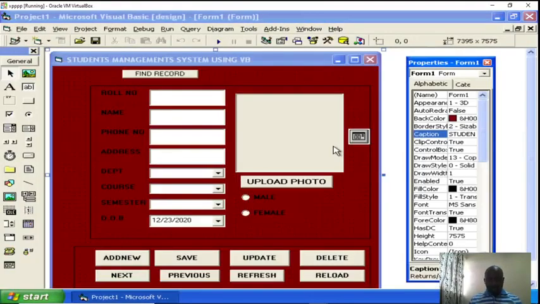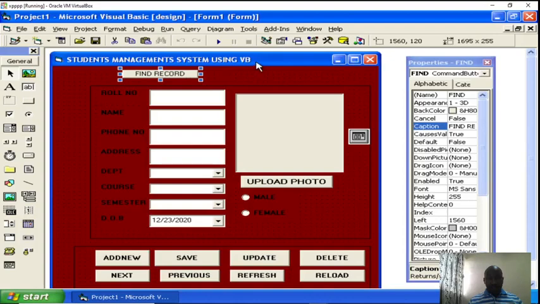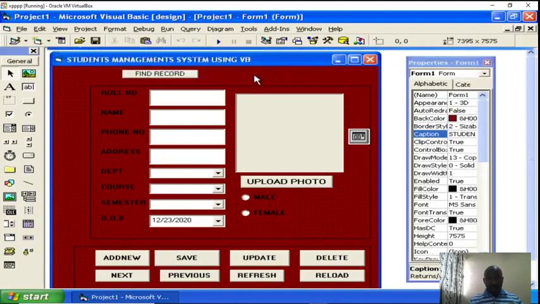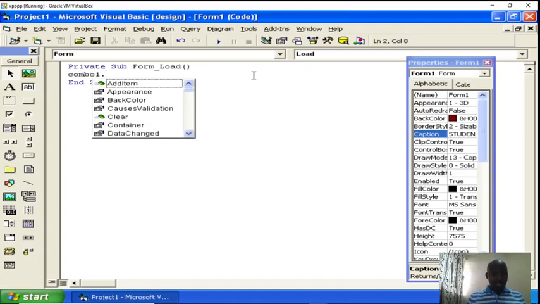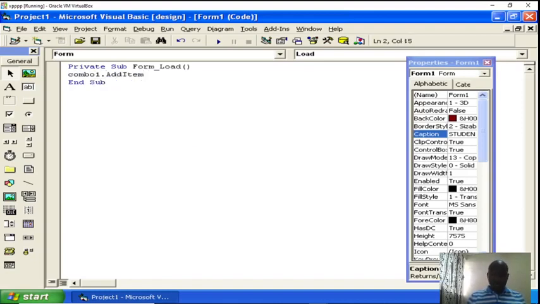Therefore let's now start by doing the form load. You can just click on any of these ones. Like now if I double click the form, it will take me to the form load event. And to start with, we shall start by typing the display of combo boxes, how combo boxes will be displaying data. And therefore for that case we shall type combo1.AddItem, whatever we want added. This is computer